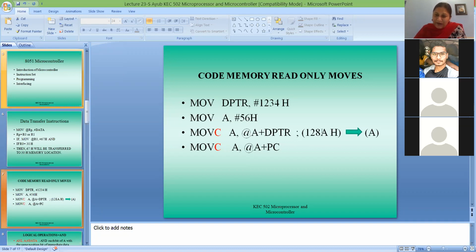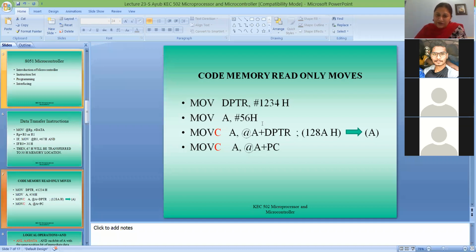So that 8-bit data at this memory location will go to the accumulator. DPTR was pointing directly to 1234, the accumulator was having 56, but by adding these two you have coded one new memory. That's why this particular instruction is with MOVC.